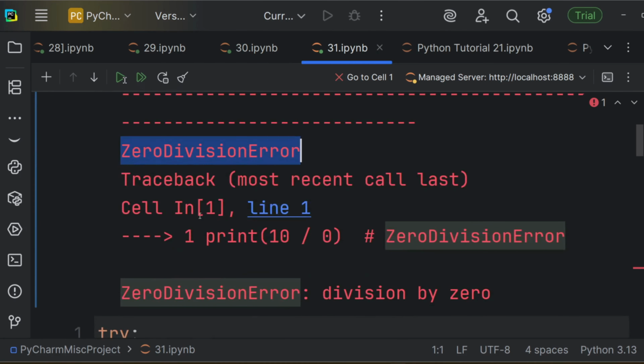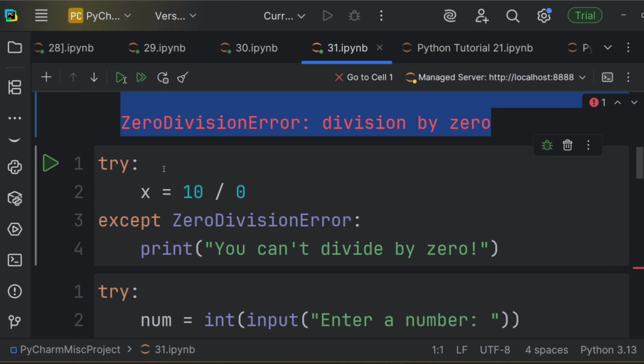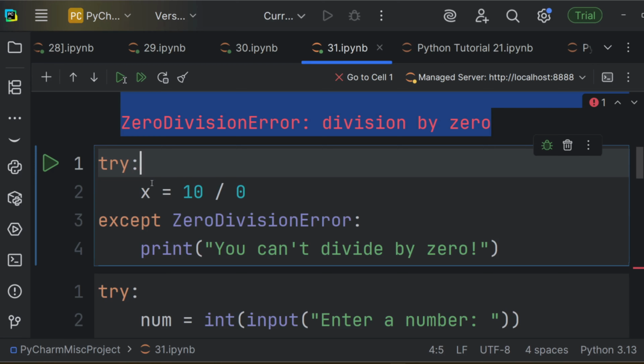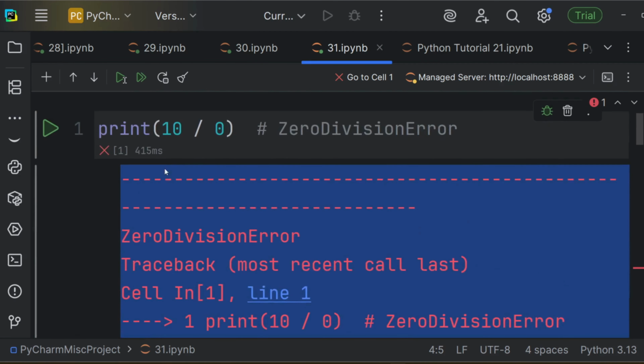Let's try to change this a bit to make sure we don't get all these red lines. To avoid this, we're going to use a try block to test the risky code and an except to handle the problem gracefully. So we're going to try to execute x = 10 / 0. Now, this exception will always come up, but we want to maneuver out of this. That's why we'll put except ZeroDivisionError, print "you can't divide by 0".